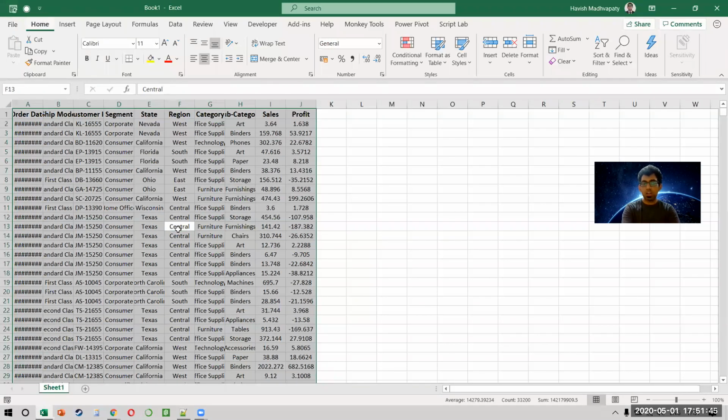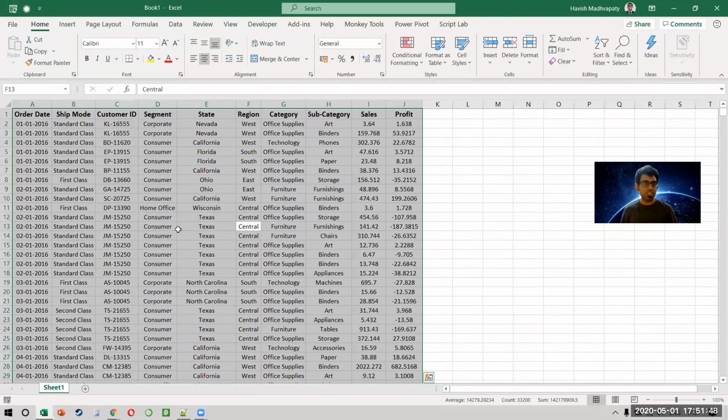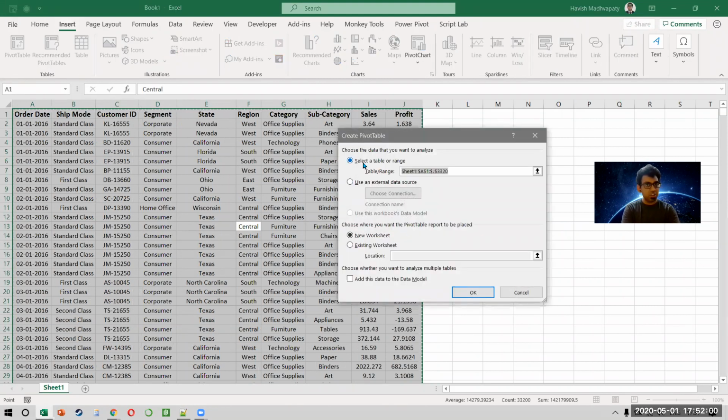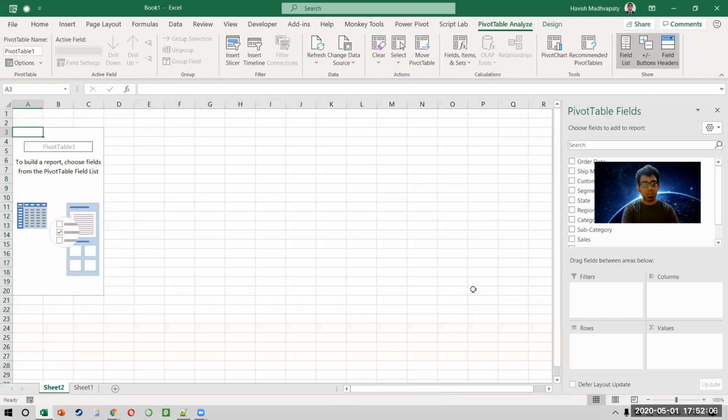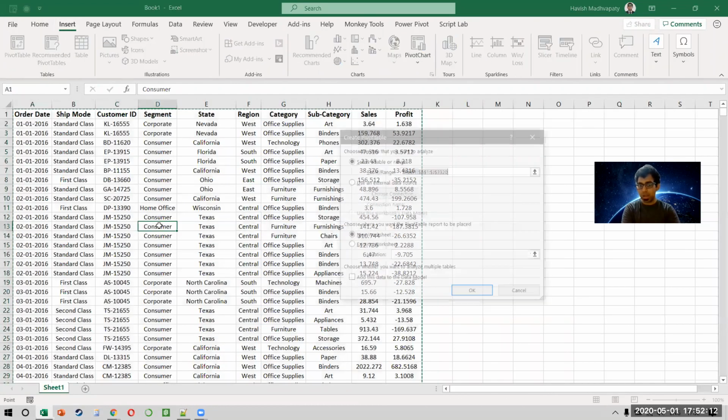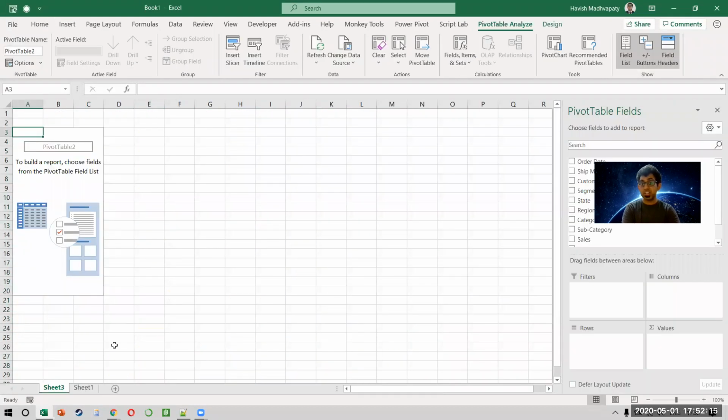Okay. Now, a lot of you must be thinking, why can't we just record a pivot table? But it's not that simple. And I'll tell you the exact reasons why. Think about it, and watch this carefully, okay? When I make a pivot, I create it in a new sheet. What is the sheet name? It is sheet 2, obviously. Now, the problem with Excel is that if you delete sheet number 2 and you again create a pivot, it will not create sheet number 2, it will create sheet number 3. Why? Because once you have created a sheet on Excel, you can't use the same name again, which means that you have to manually change it. But Excel will remember that you had already used a sheet called sheet number 2.